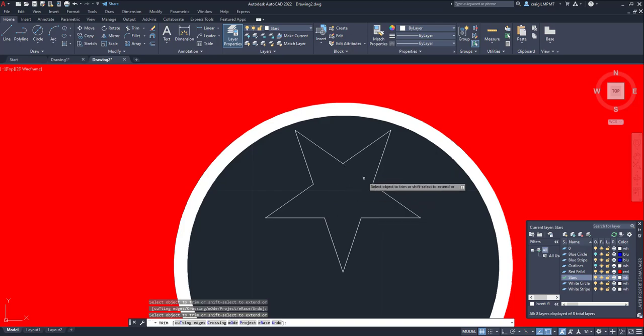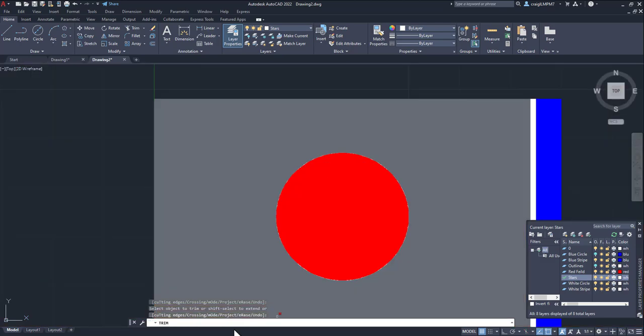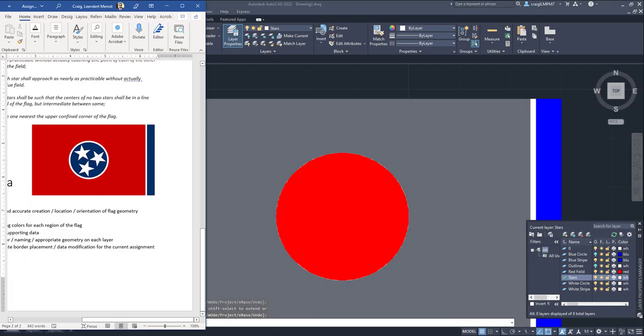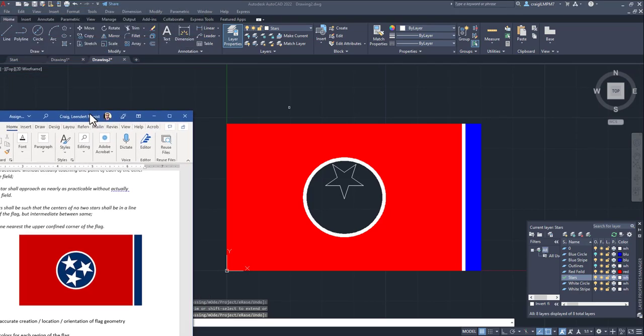So there's our star, and it's obviously oriented incorrectly. So let's bring our drawing back up, and notice that we want it off that way. Ours is this way, so that's not quite how we would like it. So let me pull this down. So we're going to come get our rotate tool,